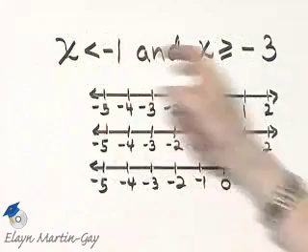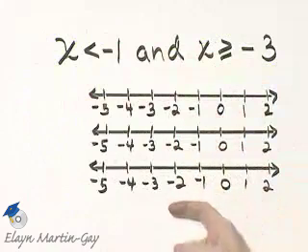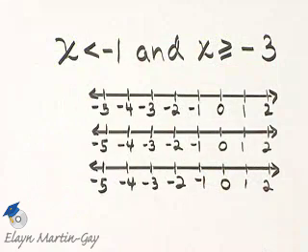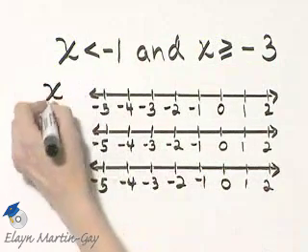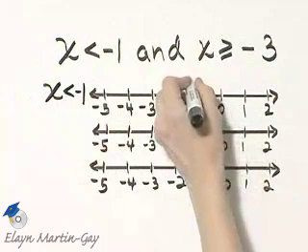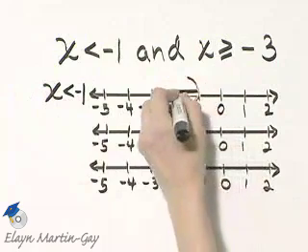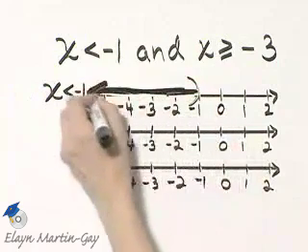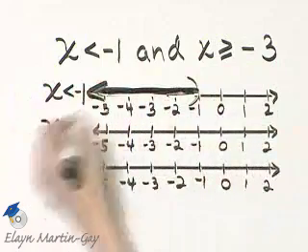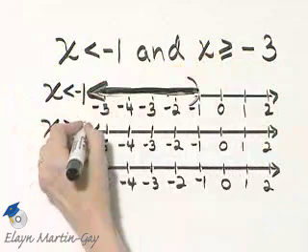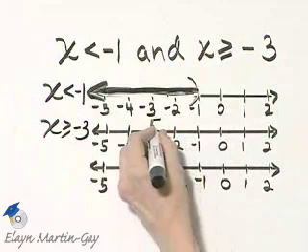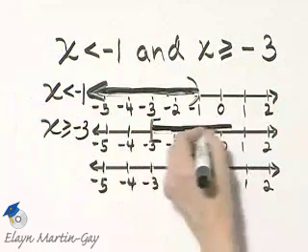To find the intersection of these two inequalities, I find it advantageous if we draw 3 number lines and notice how they're all lined up. So on my first number line, I'll just shade all numbers less than negative 1. So I'll put a parenthesis at negative 1, and I'll shade numbers to their left, and that would be in this direction. On the second number line, I'll shade all numbers greater than or equal to negative 3. So go to negative 3, place a bracket at negative 3, and shade to the right because we're shading greater than